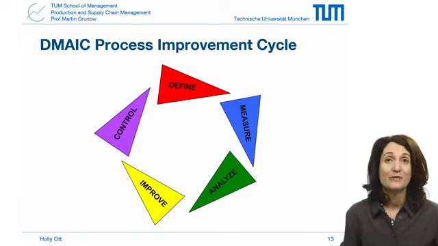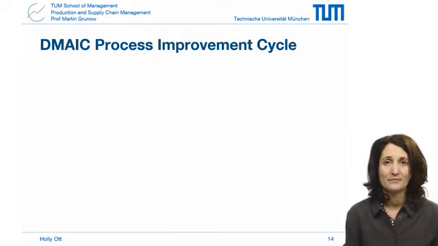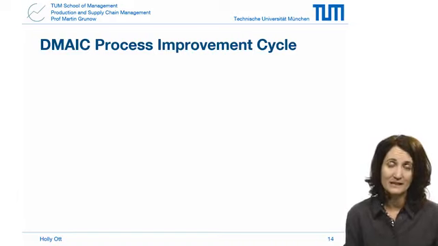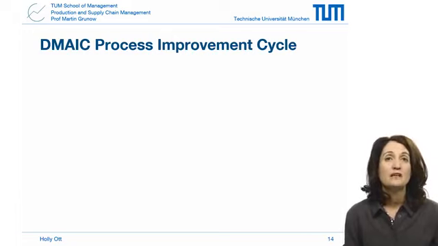The Six Sigma system recommends a 5-step problem-solving methodology, or 5-step roadmap, for organizations that want to become a Six Sigma organization. This process improvement cycle uses the sequence define, measure, analyze, improve, and control, which is abbreviated as DMAIC. Now we're going to go through the DMAIC flow in detail in the next lectures, but in general, define means